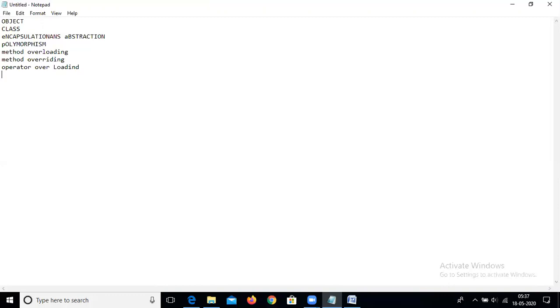Before we know what method overloading is, we should know the function signature. Suppose there is int myfun with type one argument one, argument two, argument three.